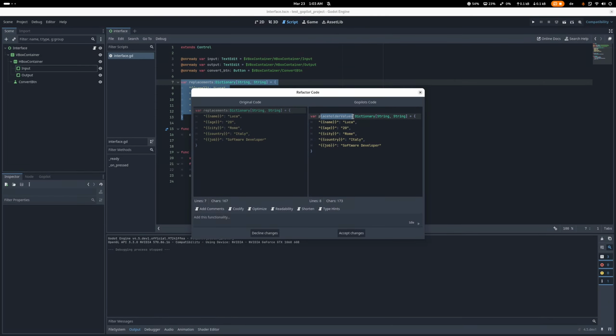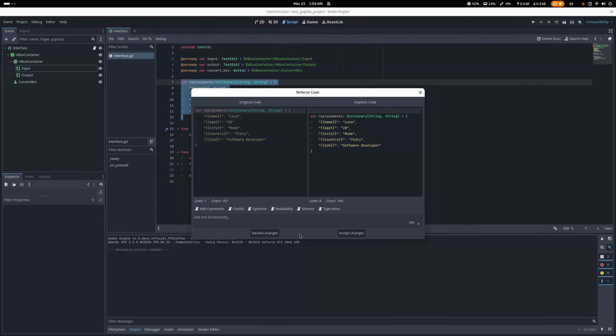Placeholder values. Ooh, so much cooler than replacements. I do agree. Shorten would be kind of interesting. Yeah, that's a one-liner. That is kind of shorter, or something like type hints. Doesn't change anything because we already had type hints in here, but I think you can kind of see what